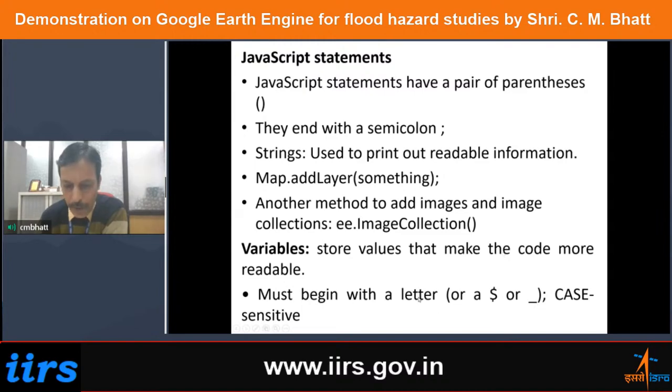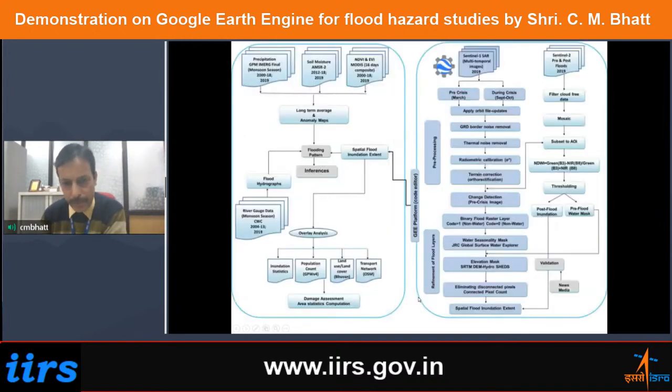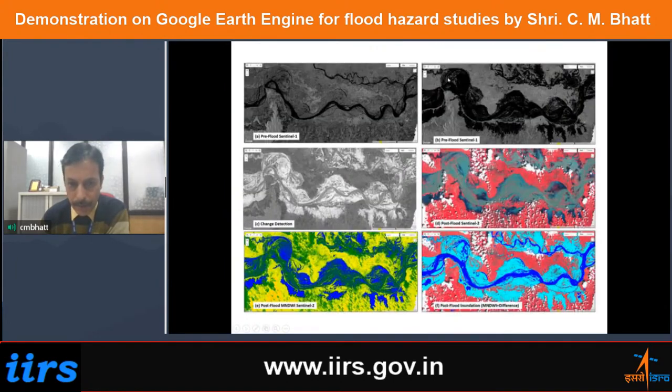So you have it is sensitive. So this is one of the recent papers that we also had. We had one study carried out for the state of Bihar using the optical data as well as the SAR data. We had done some kind of analysis for the flood for the year 2019, and in this study we have used the Google Earth Engine, and these are some of the figures, where this is a SAR data,